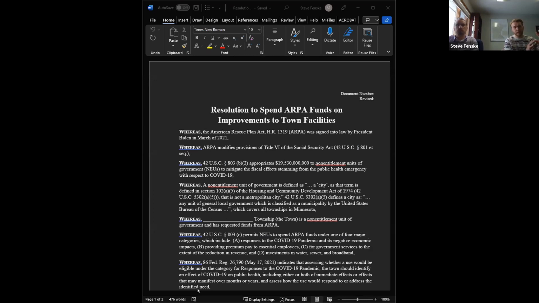Yeah, and one other thing too is if you've already started spending some of your money and that money fits into these resolutions, you can essentially ex post facto add in those resolutions. You can look at, we've already spent the costs, and so now we're saying that we did that with the resolution, essentially approving it by resolution or solidifying that usage from the past. And you may have to modify the resolution just to make sure that everything is making sense. So with that being said, let's look into this resolution.